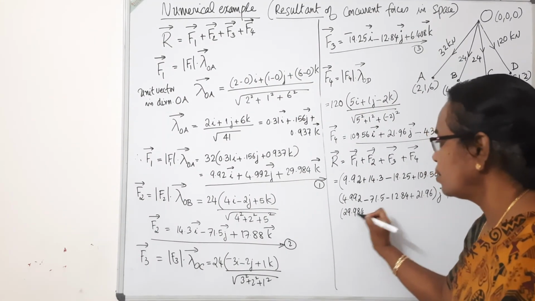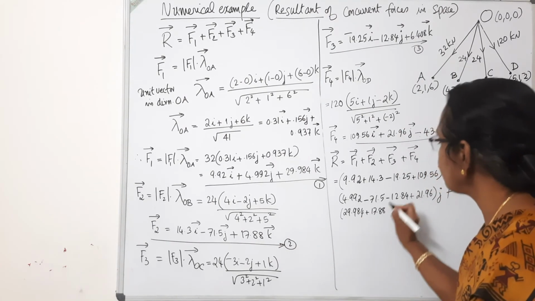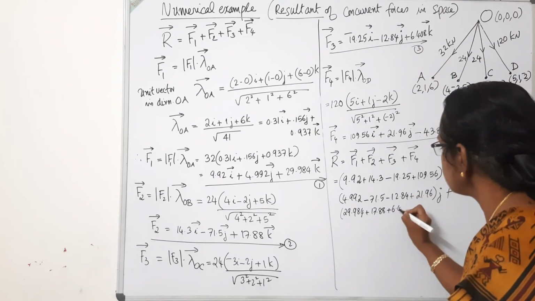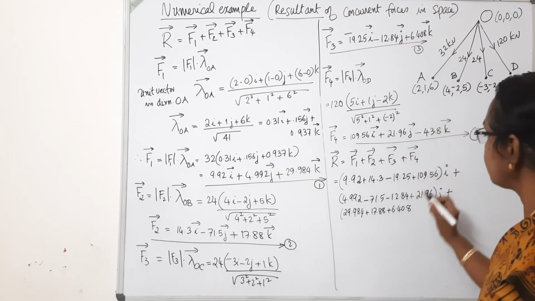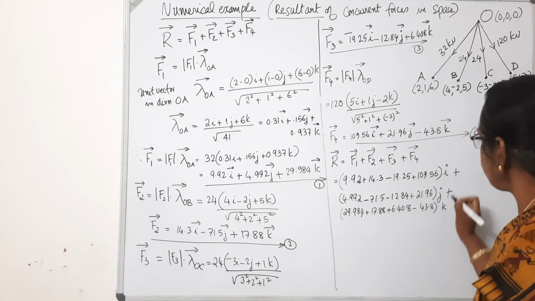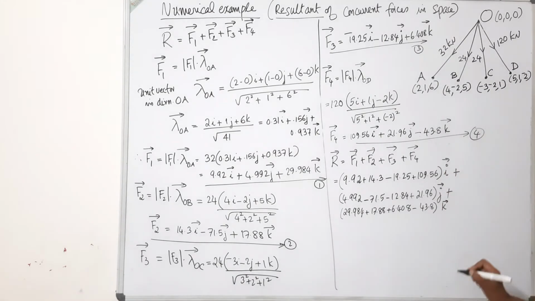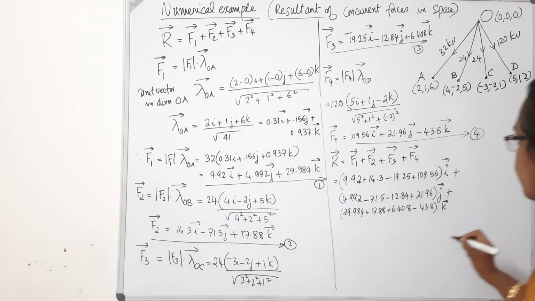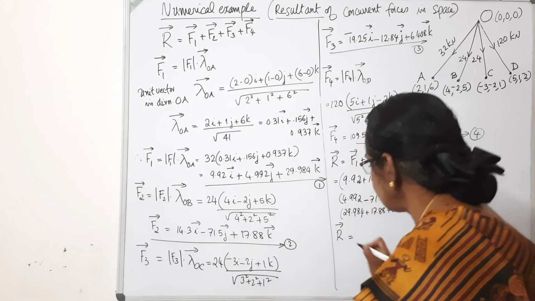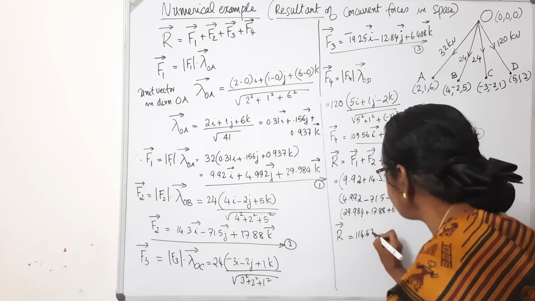Next combine the k terms: 29.984, 17.88, 6.408, then minus 43.8. i, j, k, all these are vectors. Grouping it together, I'll get R, the resultant vector, equal to 114.53 i